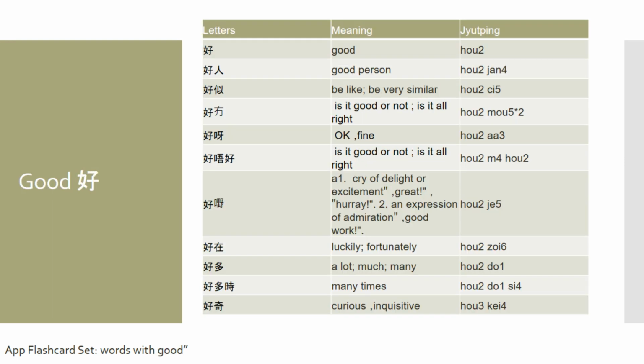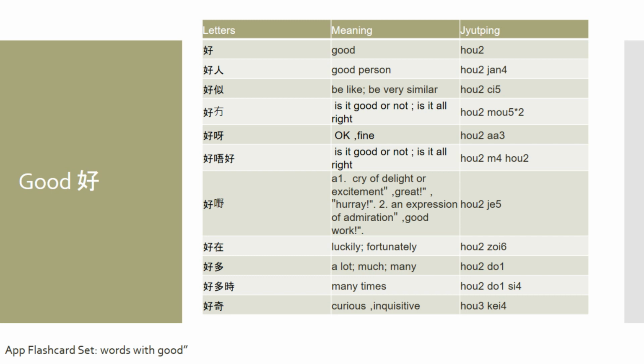The fifth Chinese character that I want to talk about is the Chinese character that represents good. And in Cantonese, it is pronounced hou. Now, if you want to say somebody is a good person, then you can use the word hou yan. So, for example, if I say you are a good person, then I would say 你係一個好人, where 你係 is you are, 一個 means a, and 好人 means a good person.